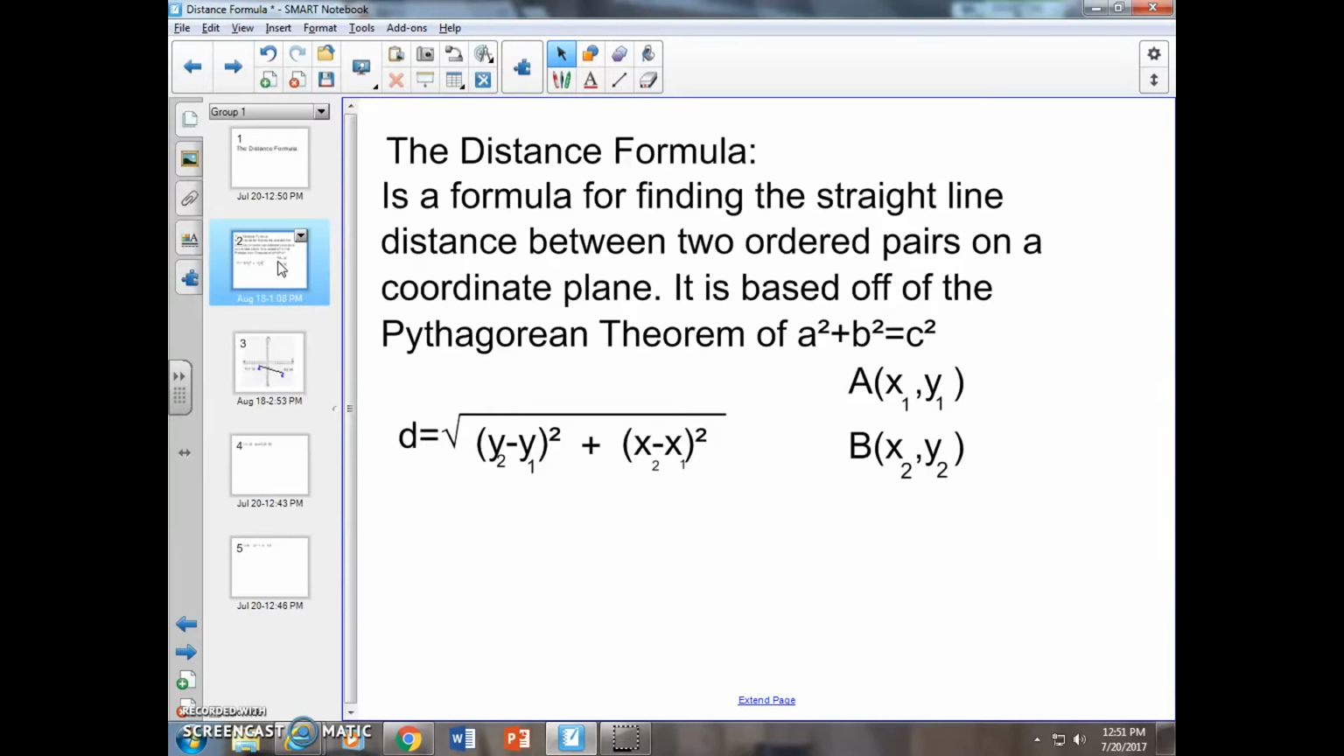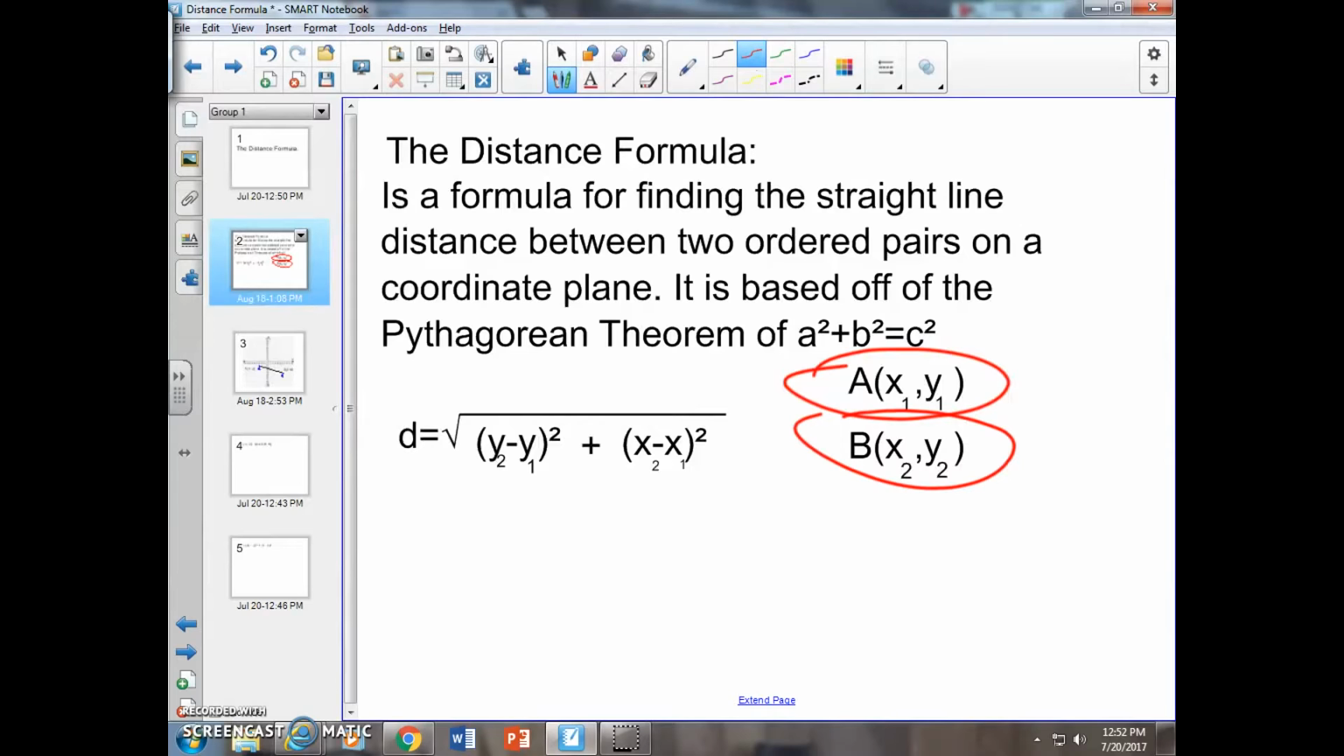Alright, if you've got any two ordered pairs, and I just made two generic ordered pairs here, A and B. A is x1, y1. And then on B, it is the second x value and the second y value. Those fit directly into the formula for the distance. The distance equals